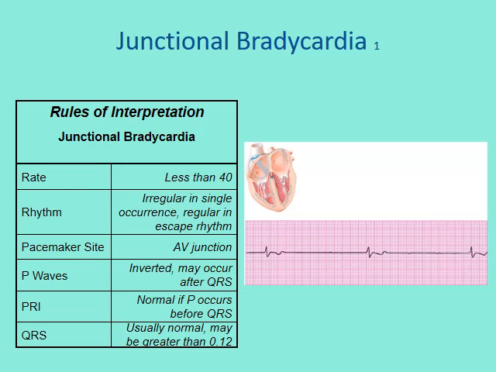So P waves are inverted, and they come before, after, or are absent, which means they're in the middle. So with junctional rhythms, we bam the P waves before, after, or in the middle, and they are inverted. The QRS complex is usually normal, but may be greater than 0.12 if that signal is starting to come from